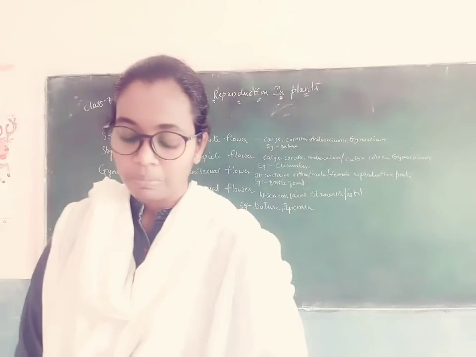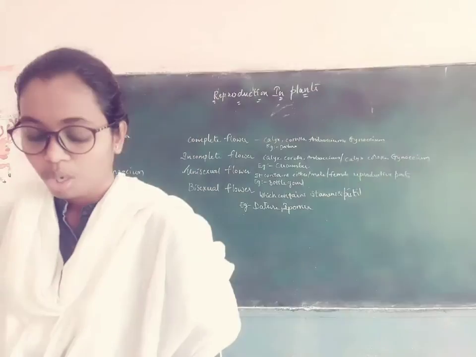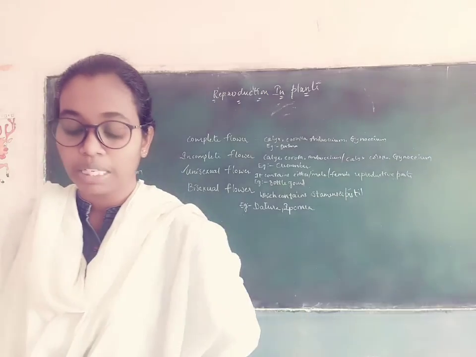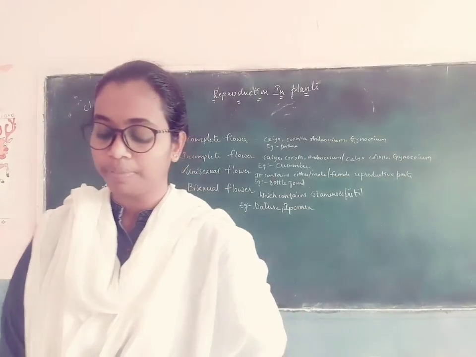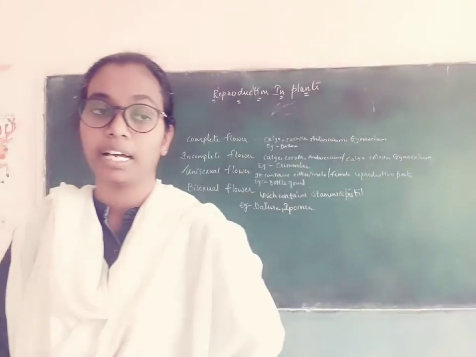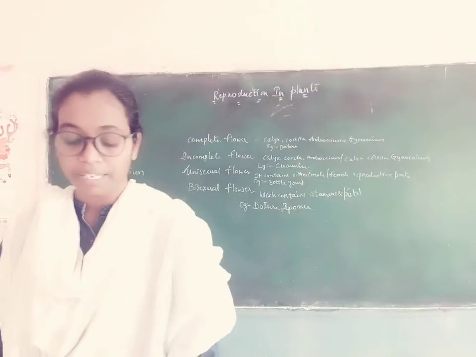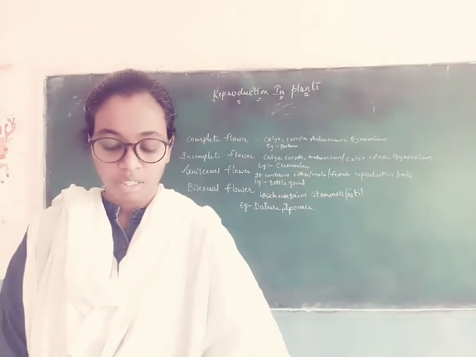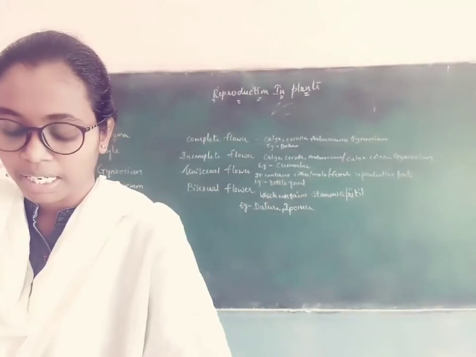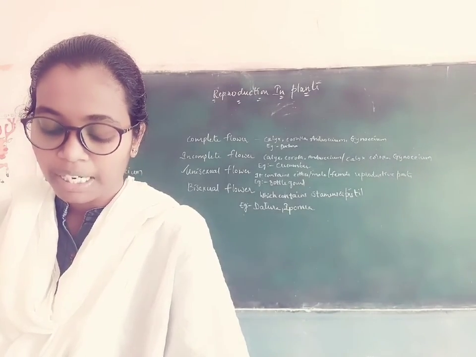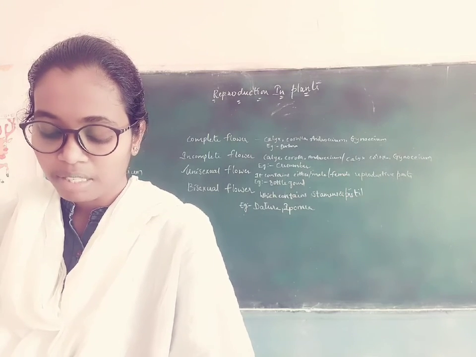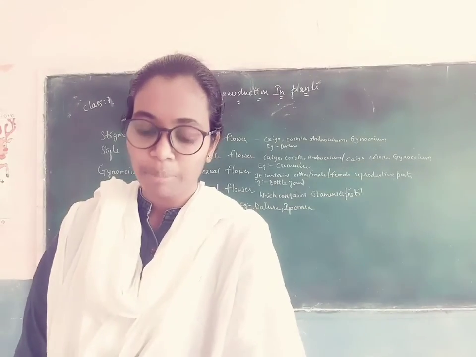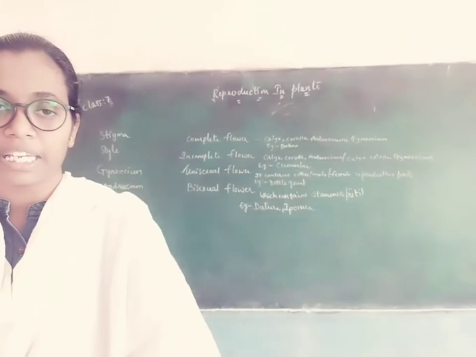Okay. So let me learn about hibiscus. Hibiscus is a bisexual flower. Okay. Datura too, bisexual flower. Ipomoea too, bisexual flower. Cucumber is a unisexual flower. Bottle gourd is a unisexual flower. Bitter gourd too, unisexual flower. Okay. Hibiscus is a complete flower. Datura too, complete. Ipomoea is a complete flower. Cucumber is an incomplete flower. Bottle gourd is an incomplete flower and bitter gourd too, incomplete flower.